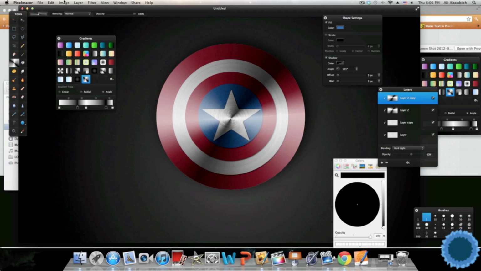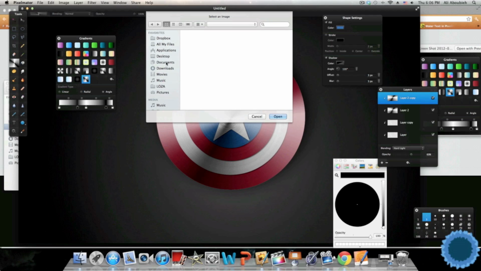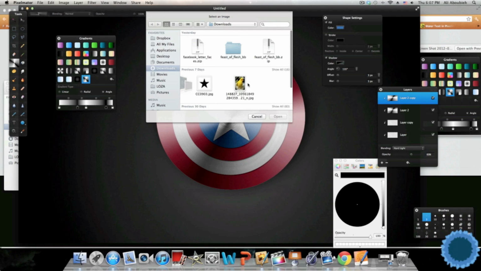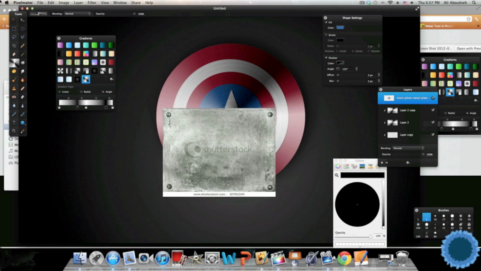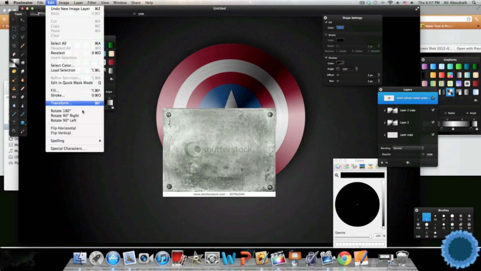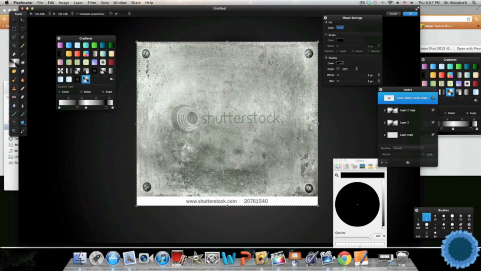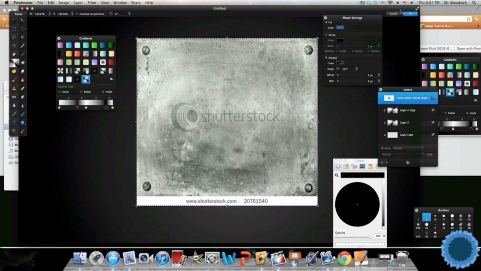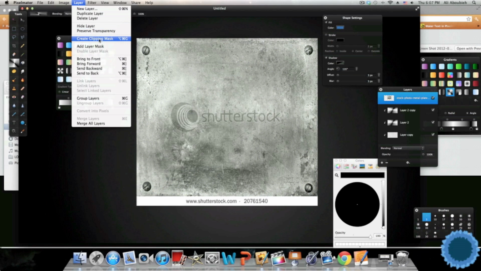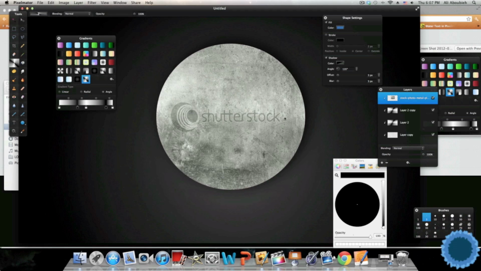Now we need to add the scratches layer, so you go to layer, new layer, choose picture, and from downloads I'm gonna pick this stock footage image, courtesy of Shutterstock, and then you transform, and of course this is a free version which has a watermark on it, and we don't like watermarks, so we're gonna go to layer, create clipping mask, and then we get the healing tool with a preset of 100. We paint over the Shutterstock logo,